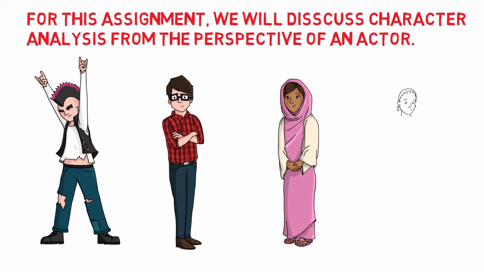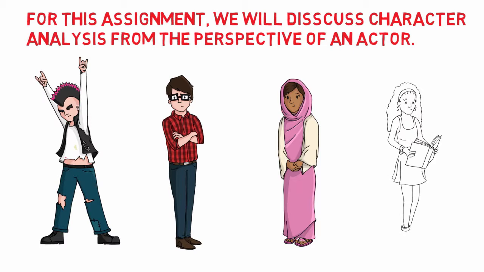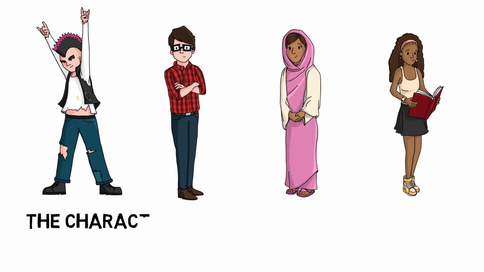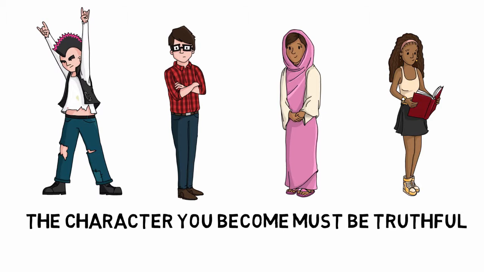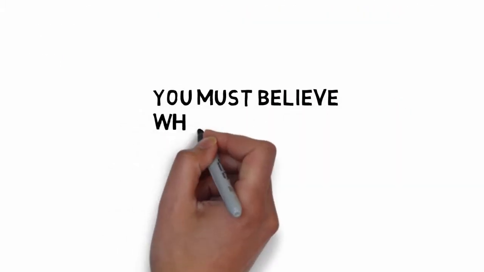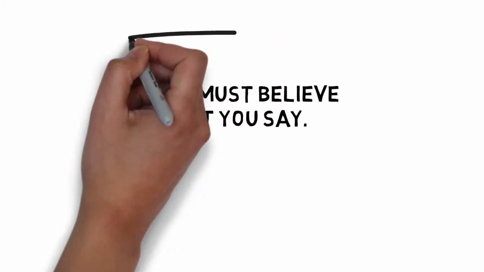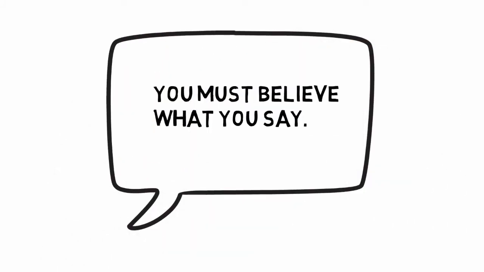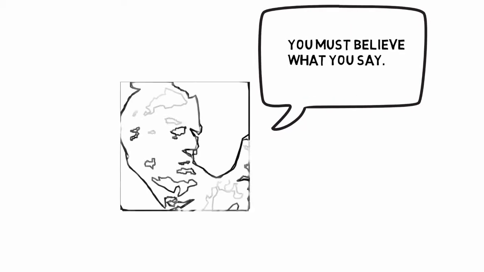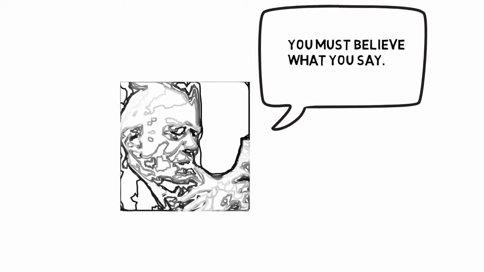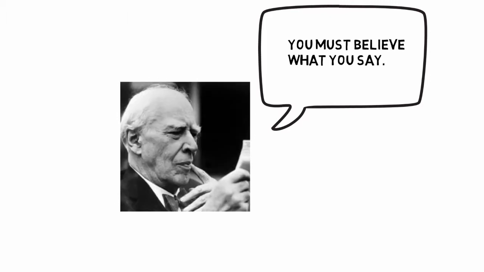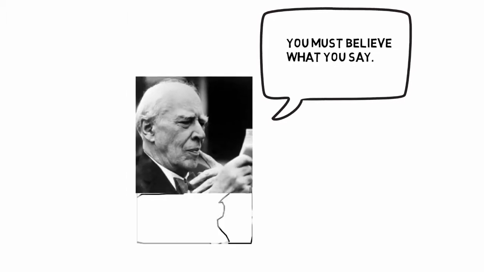The goal of a trained actor is to become a fully realized three-dimensional character with a rich backstory. You must believe in the character you play, and you must believe that character is truthful, not a cliche, not a character, not a thin external representation of someone who barely resembles a human being. You must believe in what you say, and you must believe what you're saying is real. You can't just recite, spout, or comment. In order to understand, you must complete a character analysis. All professional actors and students studying to be actors complete character analysis.